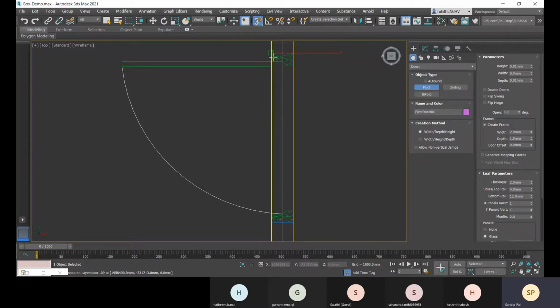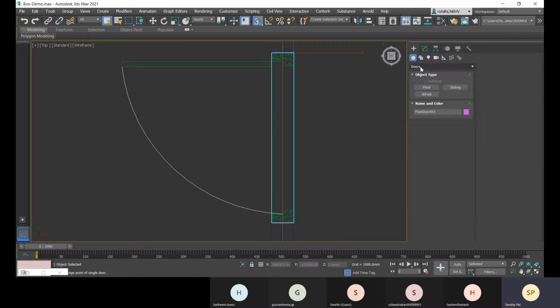Okay, click and then hold and then drag to that snap point and then give it a depth and then give it a height. So let me give it a height like 2000. All right, so that I have created.